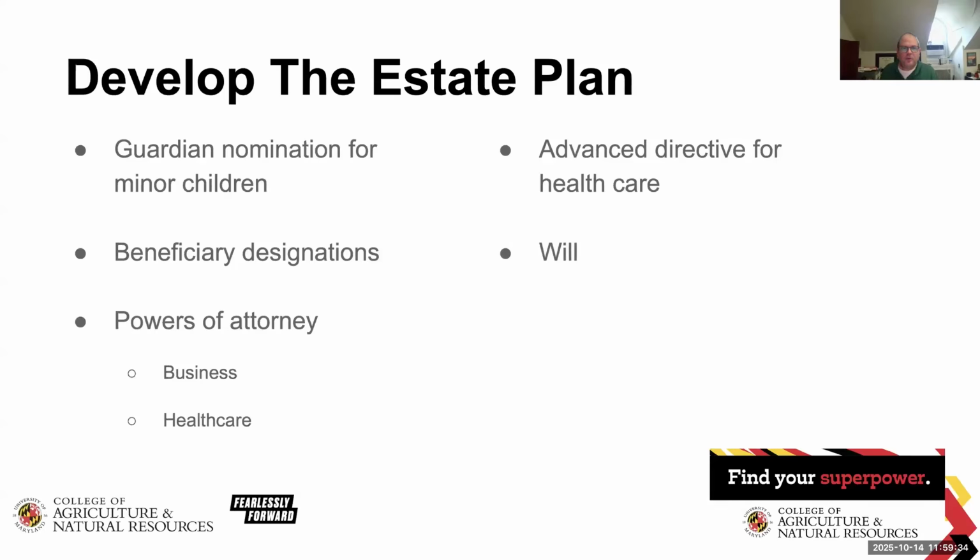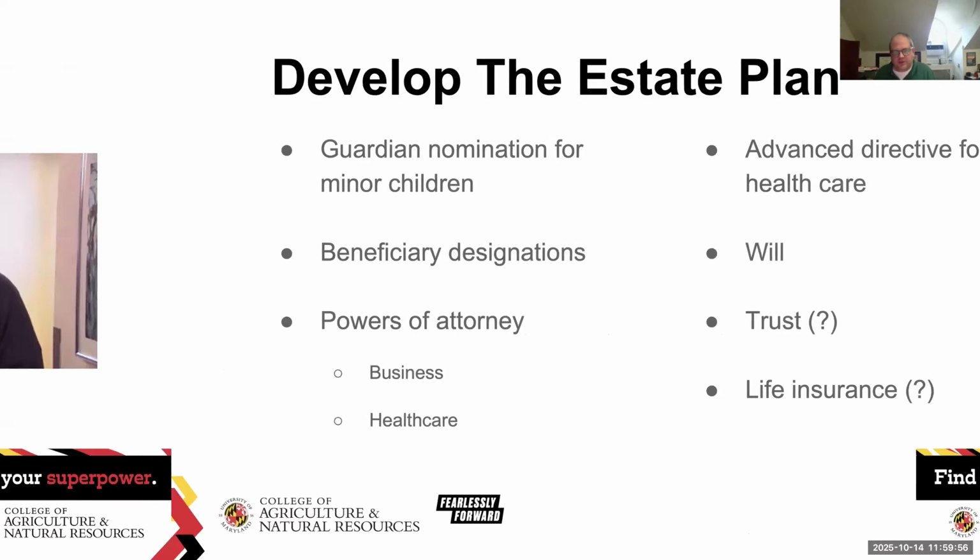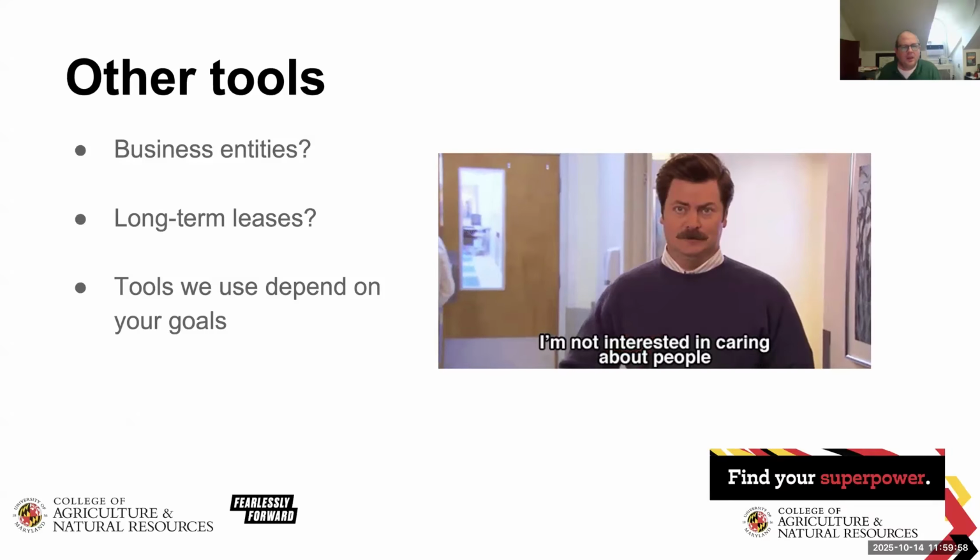As a part of this, we'll do a will. We may or may not do a trust depending on situations. We may have life insurance associated with this. We'll talk about why we might want to do life insurance earlier on as we're setting up with the case studies and how that can help in some of these situations. Other tools we might want to think about can somewhat make this easier to do too.